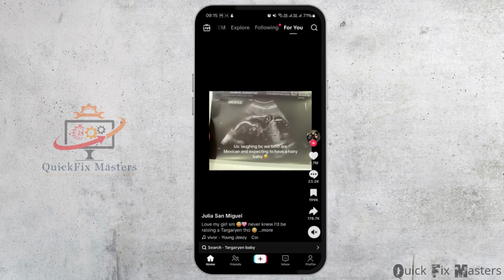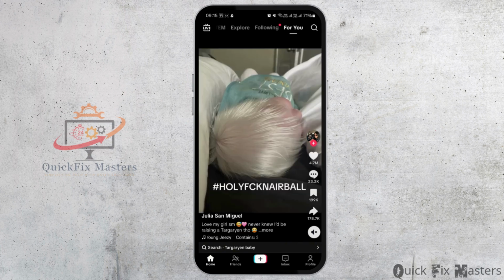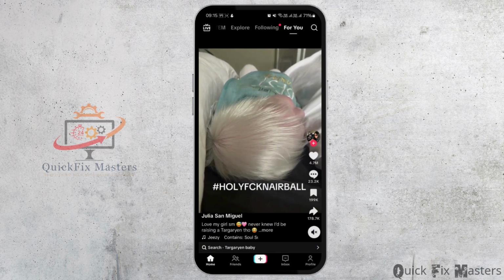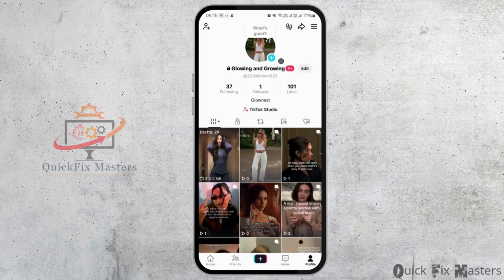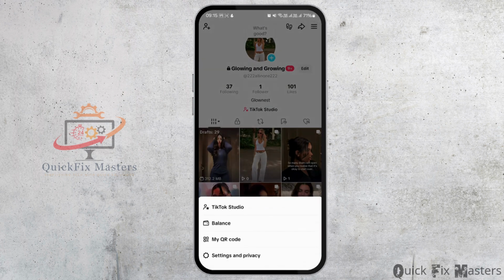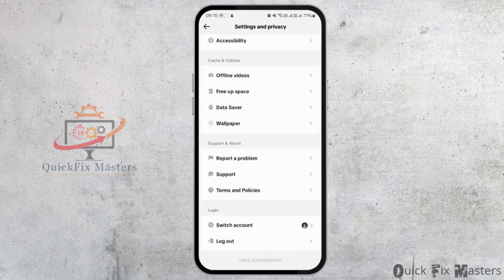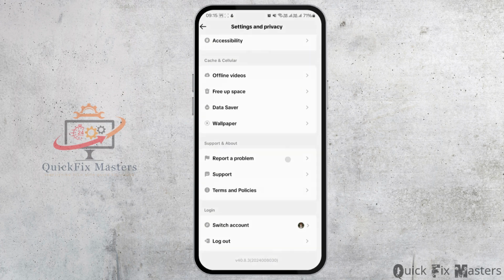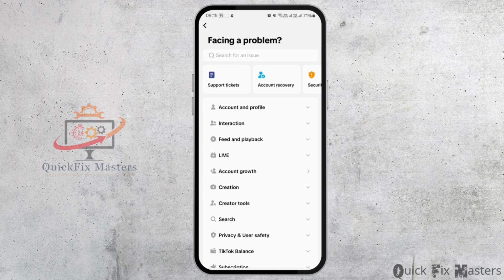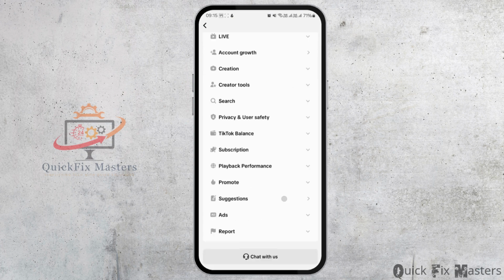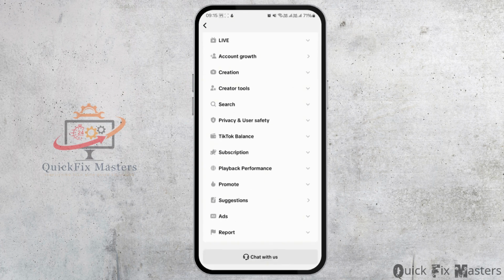Now, tap on your profile icon in the bottom right corner to go to your profile page. Then tap on the three horizontal lines in the top right corner and go to Settings and Privacy. Now scroll all the way down and then go to Report a Problem, that is under Support and About. Once you're in this page, go ahead and scroll all the way down and tap on Chat with Us with